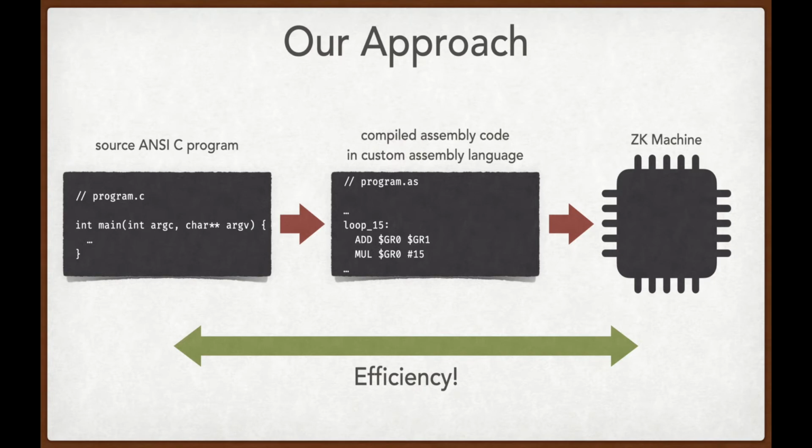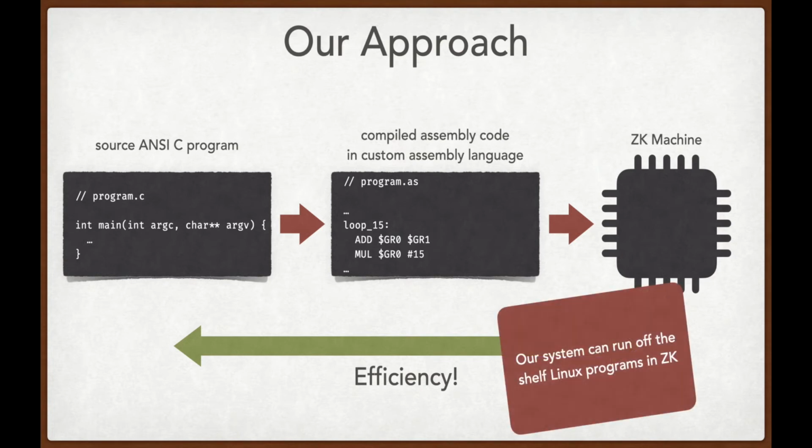For example, our zero-knowledge machine is built on top of a custom protocol, and the machine itself is hand-tuned to be as efficient as possible for the underlying protocol. Similarly, we did not take an assembly language off the shelf, but rather designed a custom one. This decision was motivated by efficiency. By choosing a custom assembly language, we can rule out instructions which would become too expensive for the zero-knowledge machine, and at the same time, we can include new instructions which happen to be extremely efficient on our very unique